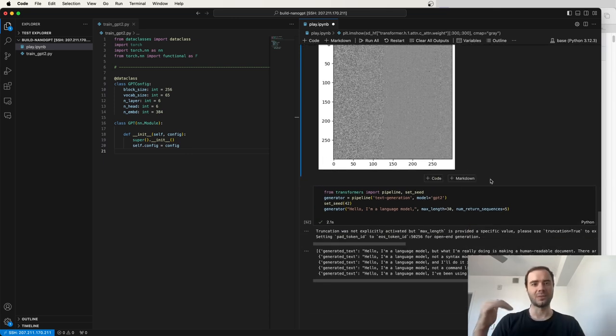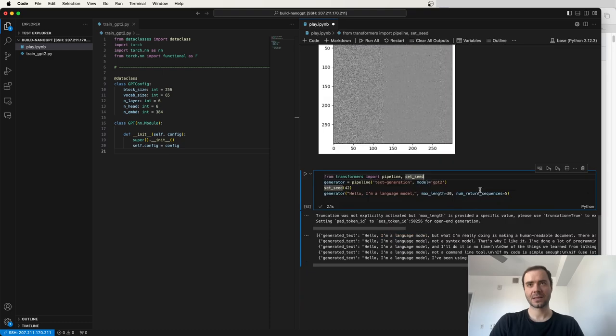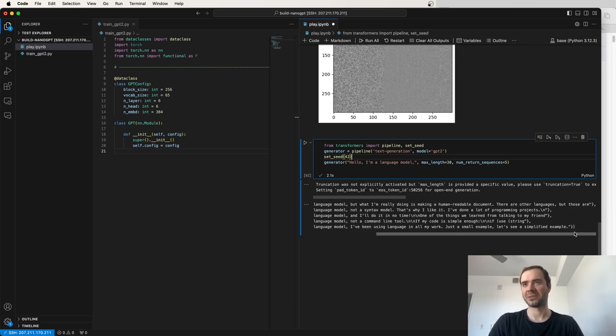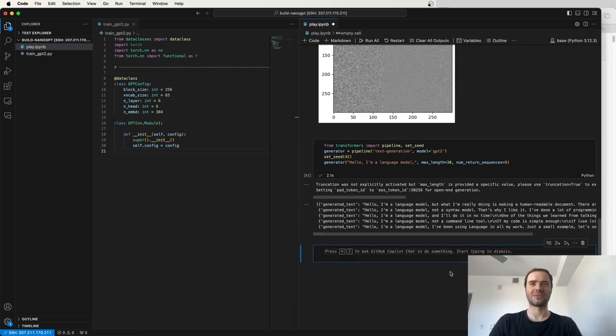What we're mostly interested in is we've loaded the weights of this model that was released by OpenAI. And now using the Hugging Face transformers, we can not just get all the raw weights, but we can also get what they call the pipeline and sample from it. So this is the prefix, "Hello, I'm a language model," and then we're sampling 30 tokens, and we're getting 5 sequences. I ran this, and this is what it produced. "Hello, I'm a language model, but what I'm really doing is making a human readable document. There are other languages, but those are..." You can read through these if you like, but basically these are 5 different completions of the same prefix